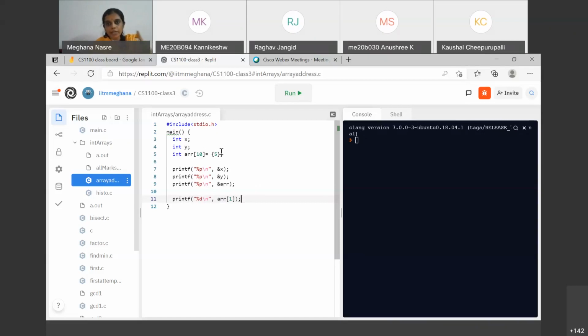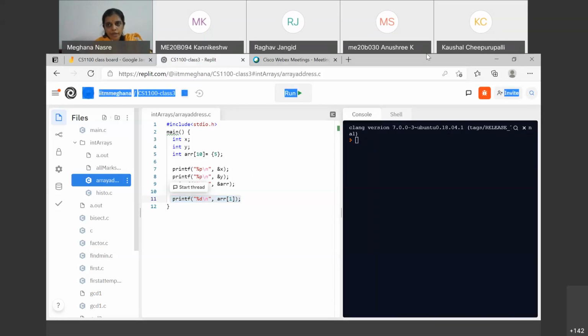Remember that array locations start with 0. So arr[0] is initialized to 5 and arr[1] is implicitly initialized to 0. So this is how the program should execute. The only thing I can tell from here is that line 11 should print out 0. The remaining lines I don't know, and we will see what the output will be.